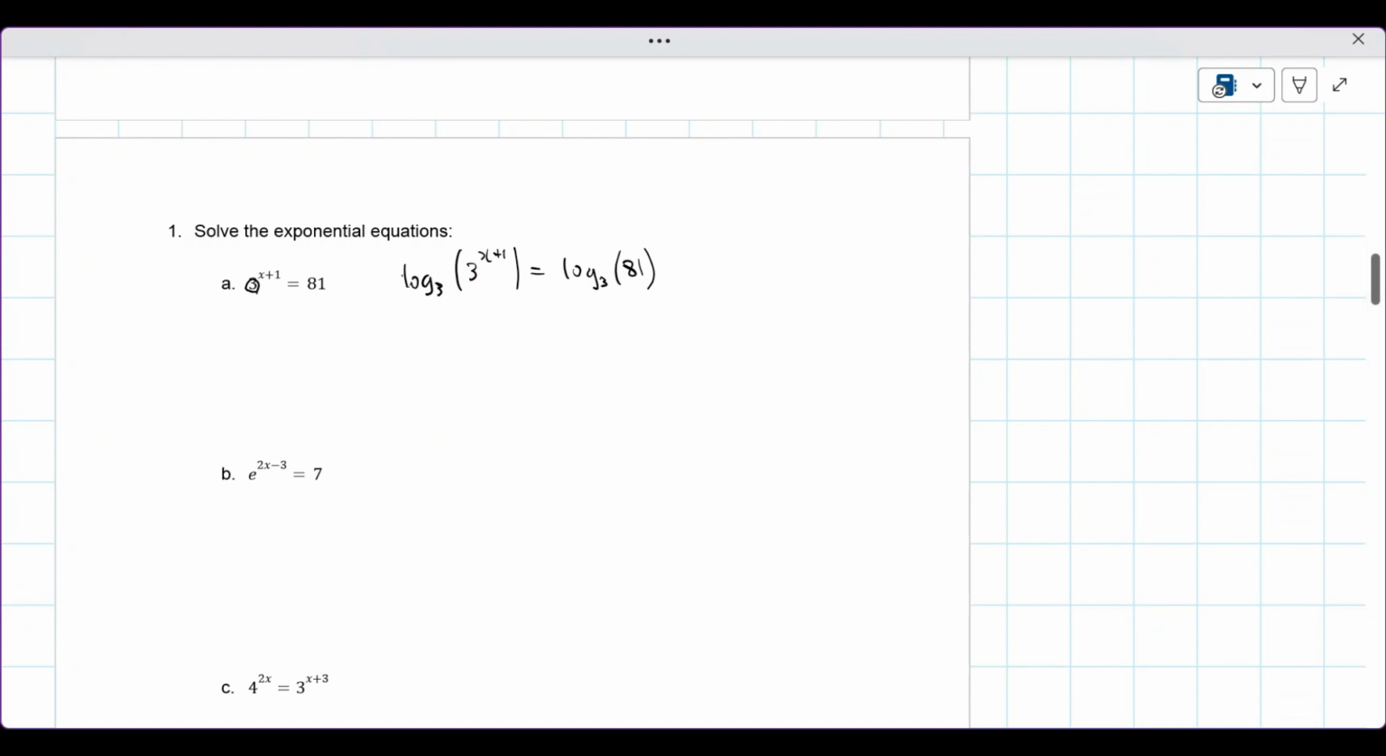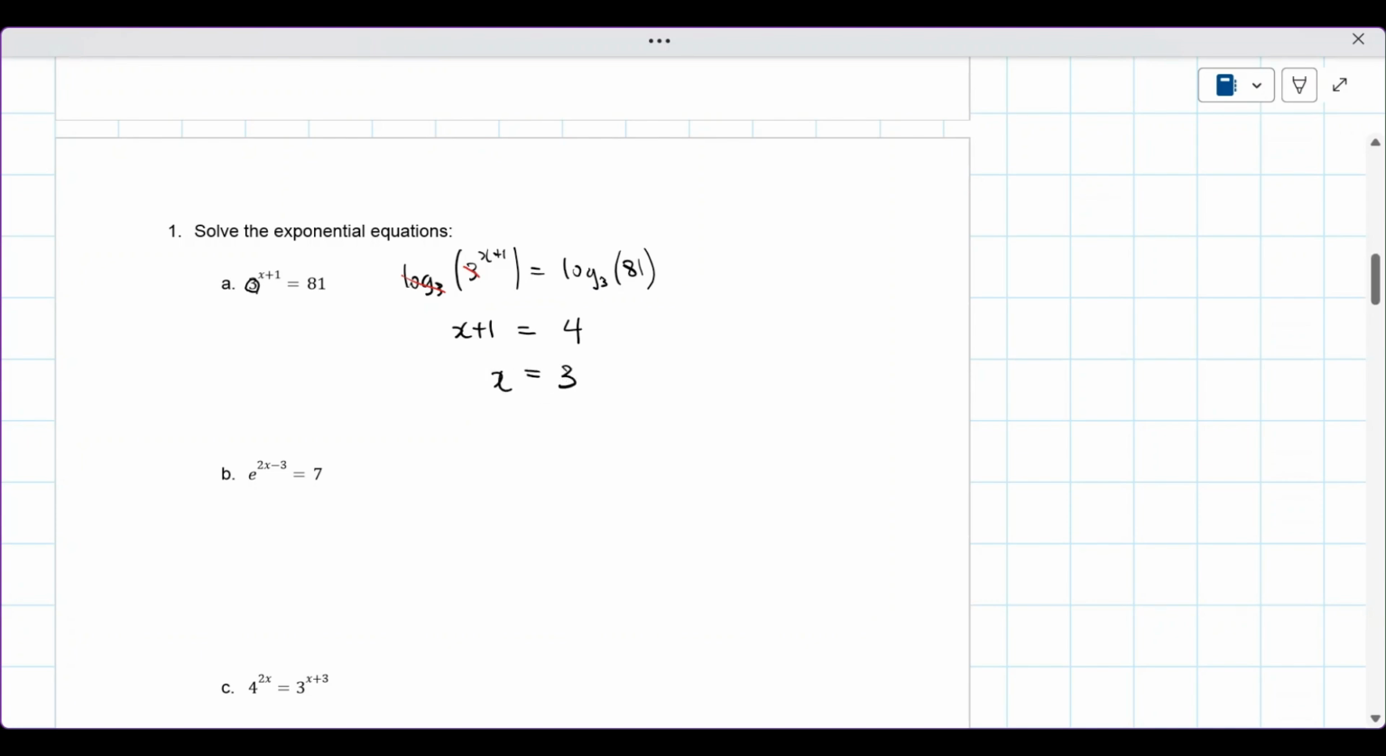So on my left-hand side, log base 3 and the base 3 will cancel out. So I'll have x plus 1 equals, and also the log base 3 of 81, I can compute that using a scientific calculator, which is equal to 4. So minus 1 on both sides,